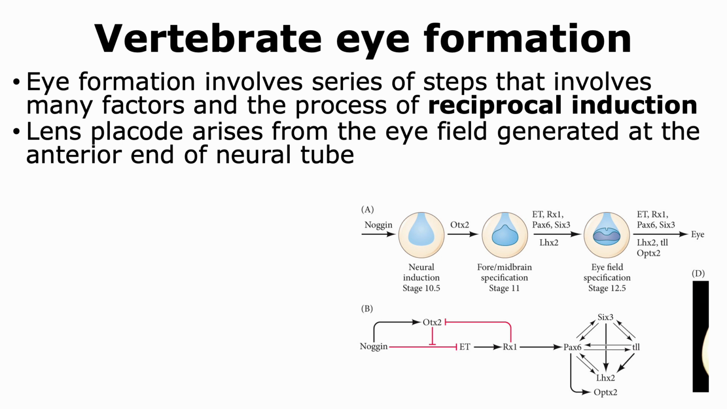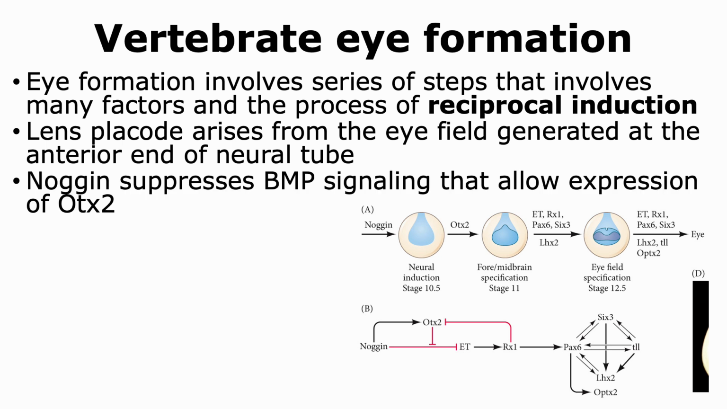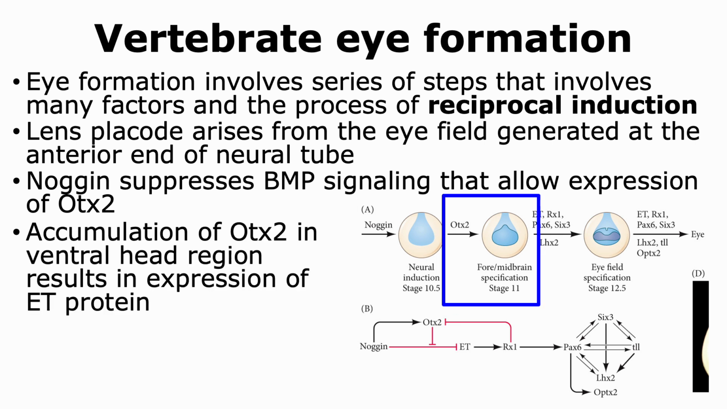Noggin suppresses BMP signaling, which allows the expression of OTX2. We know that noggin plays an important role in neural induction and that the neural tissues are able to form through the actions of noggin suppressing BMP signaling. Now, the accumulation of OTX2 in the ventral head region